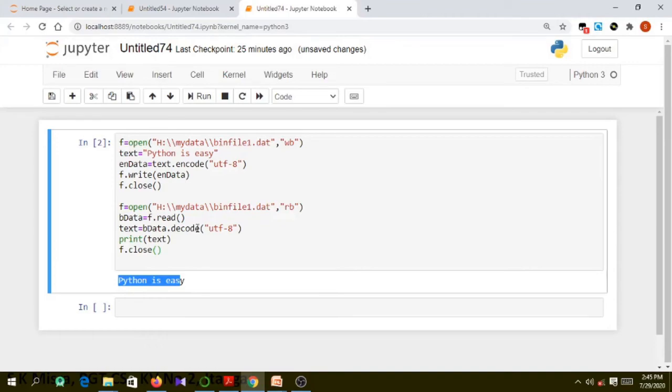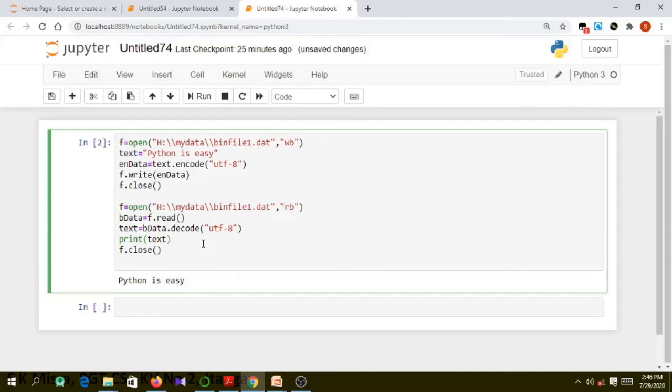So this is how we can write and read binary files using the encode and decode functions. In this program, the main thing to understand is these two functions. The encode function converts a plain text string into an encoded form of any kind of encoding scheme, and the decode function just does the reverse.